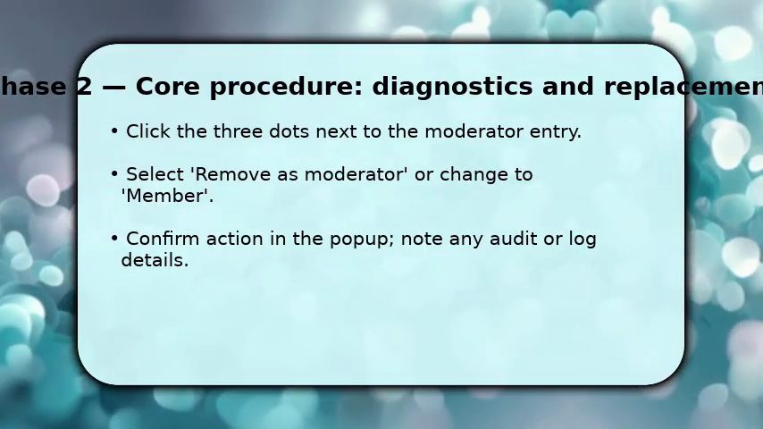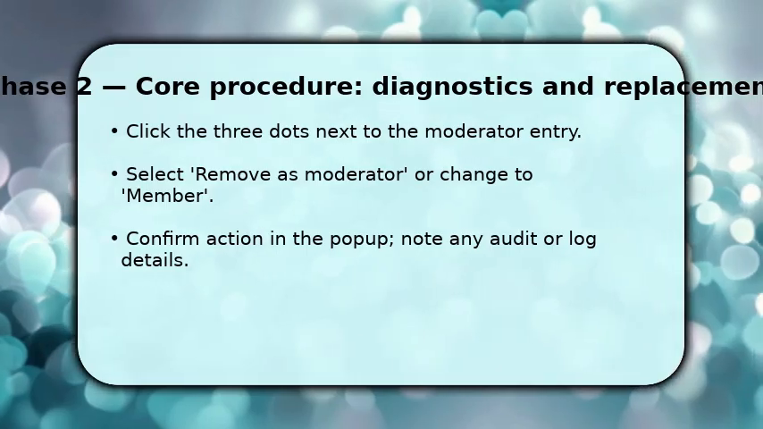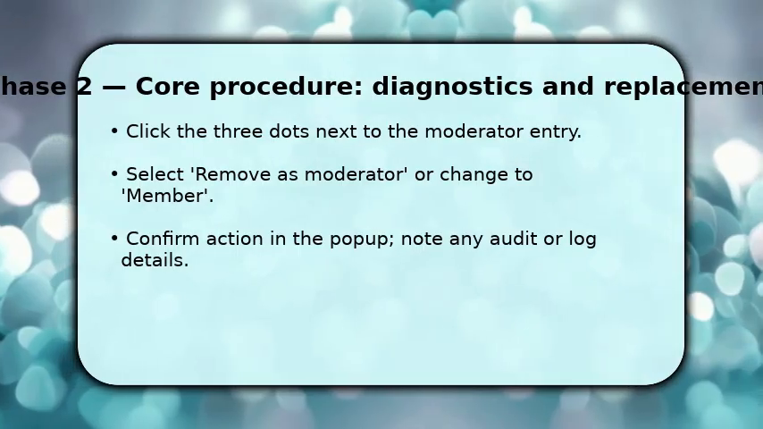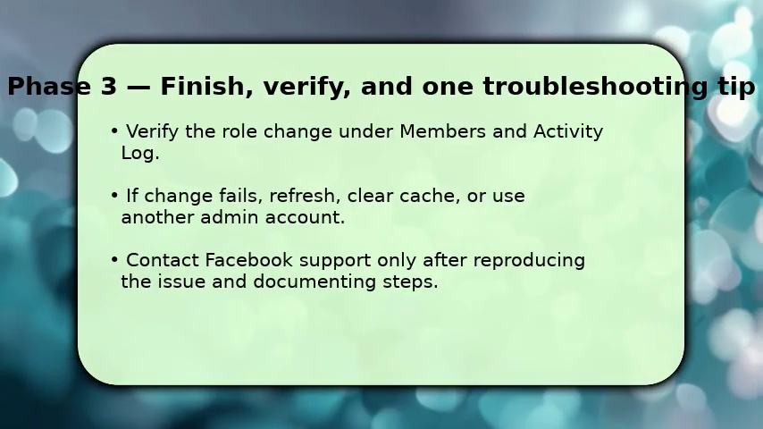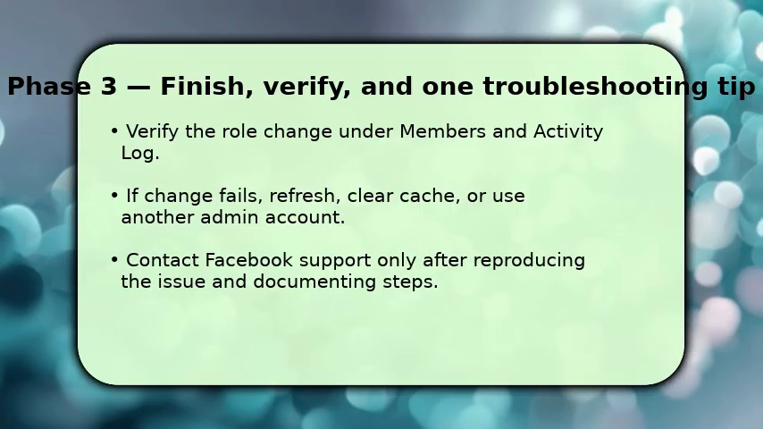Once you select the option, confirm in the pop-up. Facebook may ask why, so provide a brief reason if prompted. This updates permissions immediately and logs the change for admins. Finally, verify the update by checking the members list and the activity log to confirm the moderator no longer has